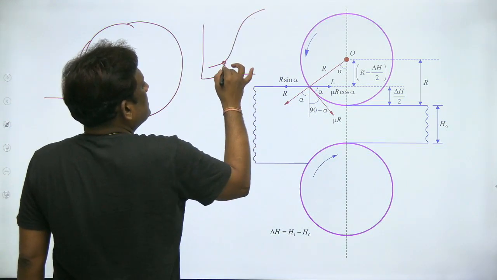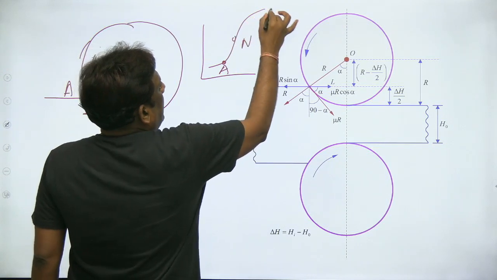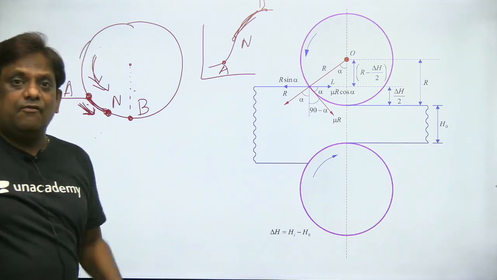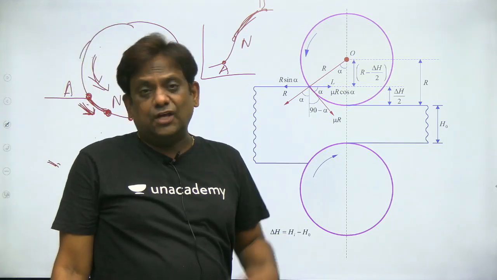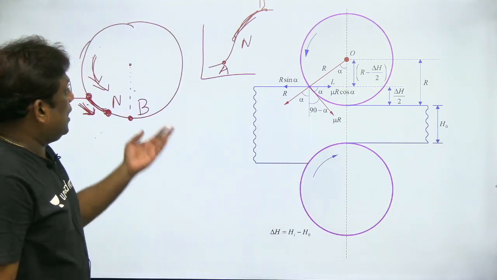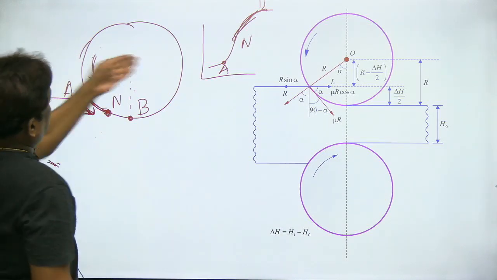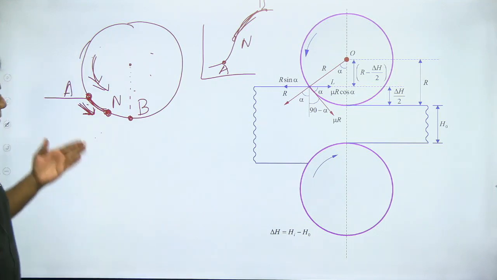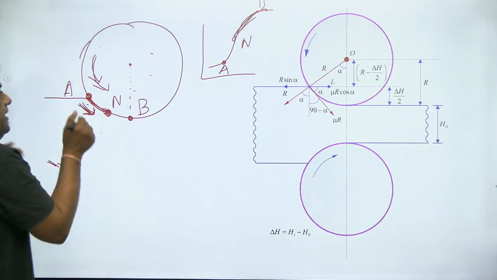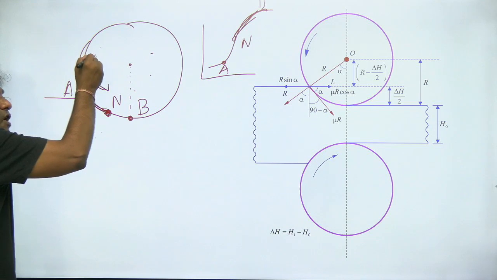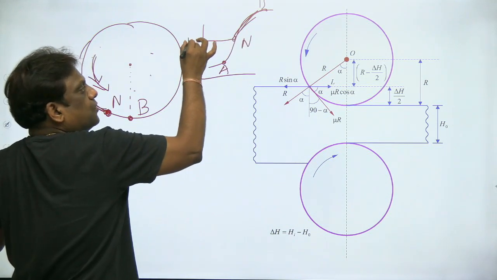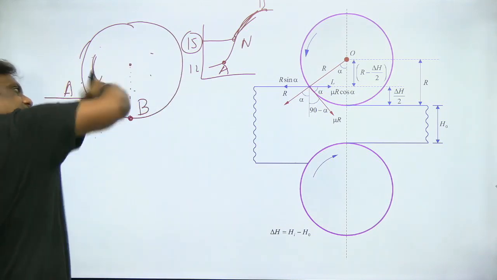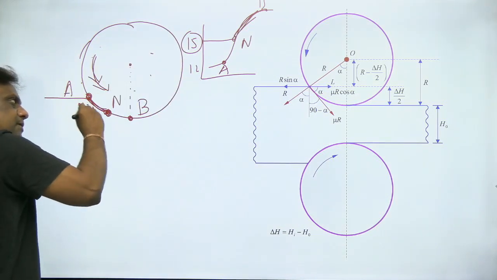From N to B, this is A, this is N, and say this is B. From N to B, the velocity of the plate is more. Velocity of the workpiece, of the component, is more. So when the velocity of the component is more, it will try to accelerate this, and this will try to retard. Telling again, listen. When in this A to B the roller velocity is more, let us say 15, as the roller velocity is more, it will try to pull, accelerate. So the direction of friction force will be like this.